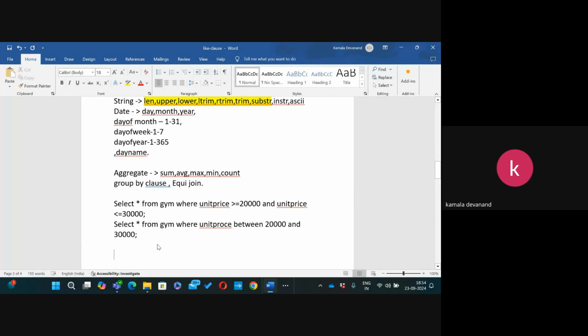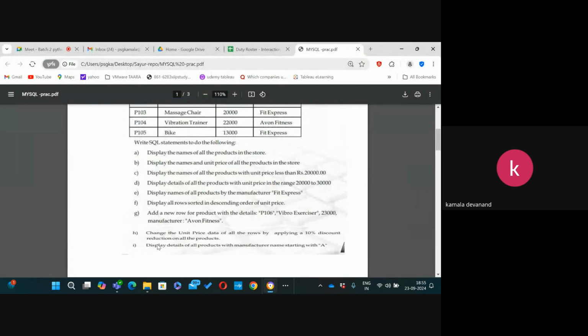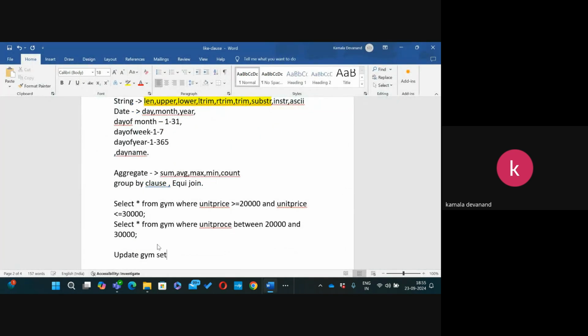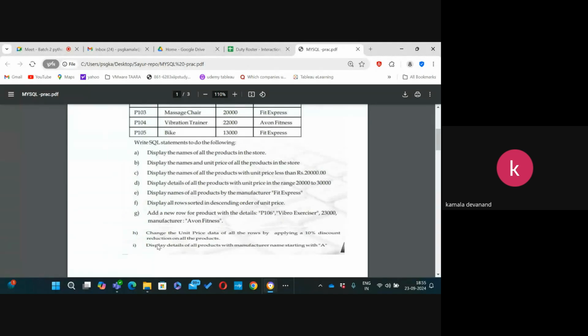எப்பவுமே data change பண்ணும்போது it's not alter, it's update. Pavan, okay? Yes, ma'am. இது ரெண்டு பண்ணணும். என்ன பண்ண சொல்லிருக்காங்க? I'll swap unit price of all rows by applying 10% discount. So set what I have to set? I have to set the unit price. என்னன்னு செட் பண்ண சொல்லிருக்கா? திரும்பி we'll go to the problem. They are telling set the unit price of all rows by applying a 10% discount on all product, 10% discount